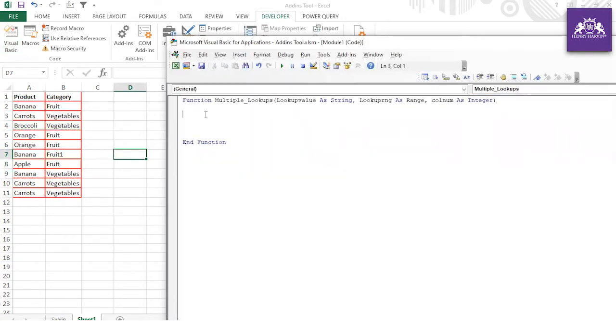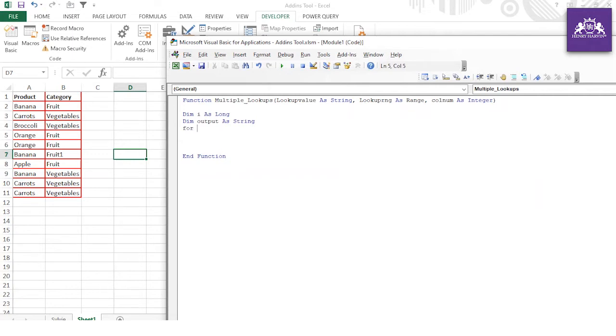Now the next step: Dim I as Long, because we have to run the loop, and Dim output as String, because this is where we store the value.